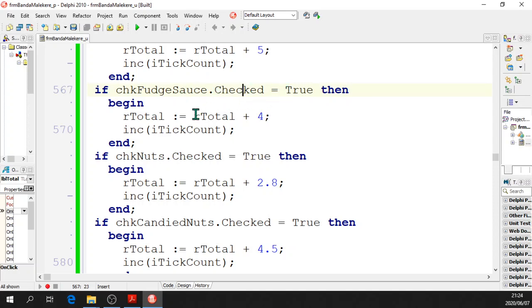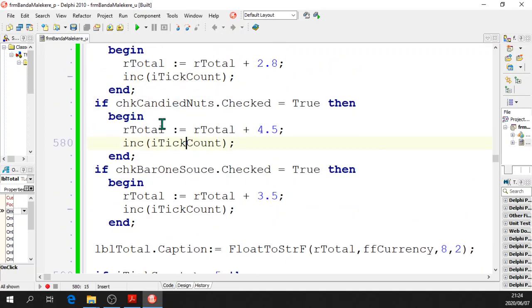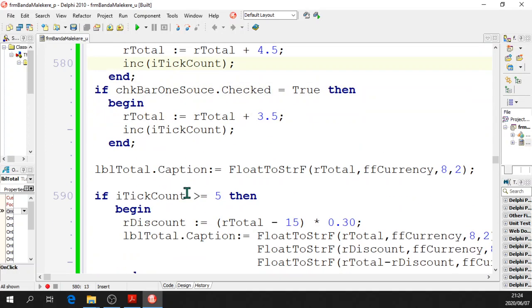If that's true, then you're going to add 4 Rand, and so on. For each of the 12 checkboxes, you've got to add a price to the total. But if the tick count is greater than or equal to 5, because you incremented a tick count for each of those if statements, then our discount has to be calculated on only the toppings. So you could take 15 Rand off the total, because the total was adding the toppings prices for each one. So you subtract 15, which was the plain soft serve price,